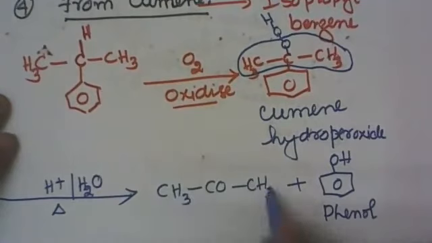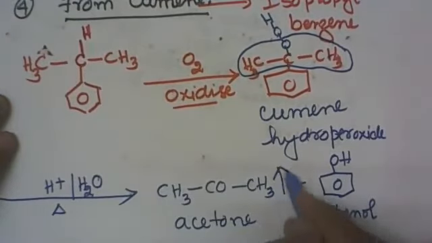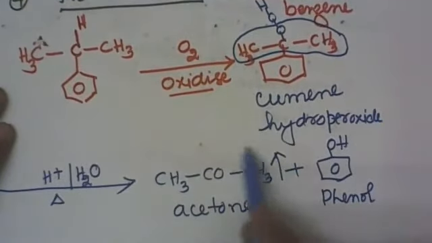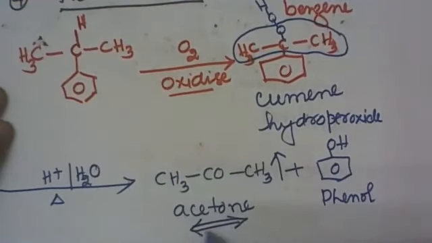Now what is this compound? This is acetone, a very volatile compound. Therefore, this side product will not remain on heating; it evaporates and goes, and you get phenol. Can you tell me one use of acetone? Acetone is used to remove nail polish, as a nail polish remover, a solvent. It evaporates and goes off. Okay, finally we get phenol. One of the best methods to manufacture phenol.